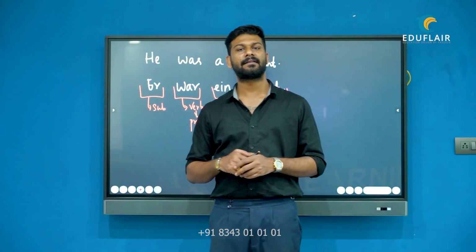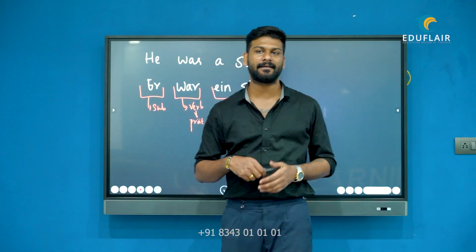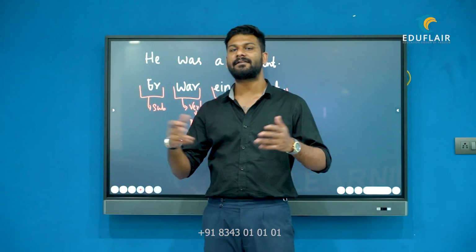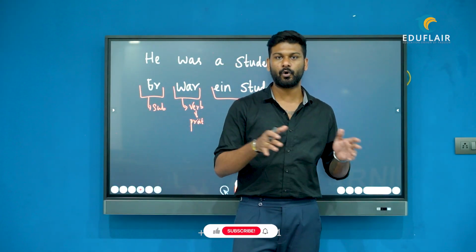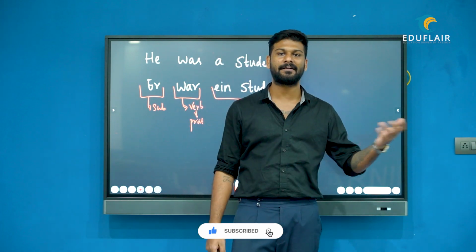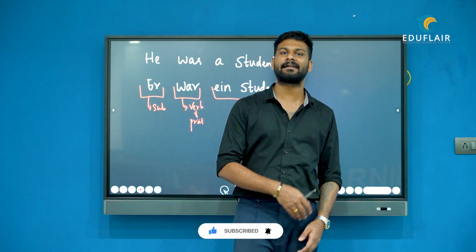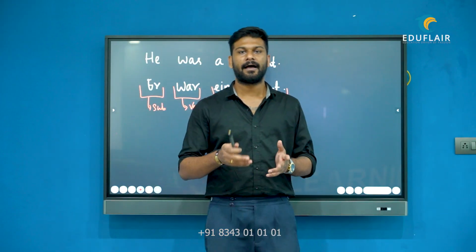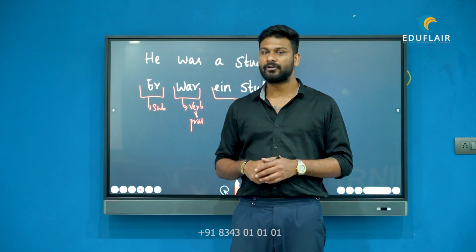ഈ രണ്ട് verb മാത്രം Präteritum ആണോ എന്ന് നിങ്ങൾ പറയുകയാണെങ്കിൽ only not these two. You have a set of more verbs, but these two are the core ones which you start learning in the basic levels, which is haben and sein. Haben translates to had എന്ന് വരും, sein translates to war. So I hope you have some good information.